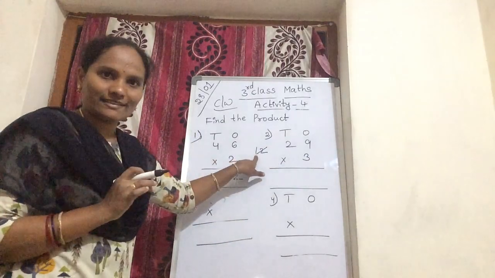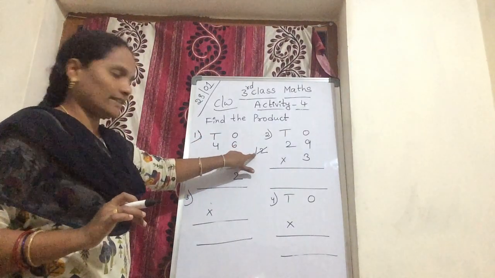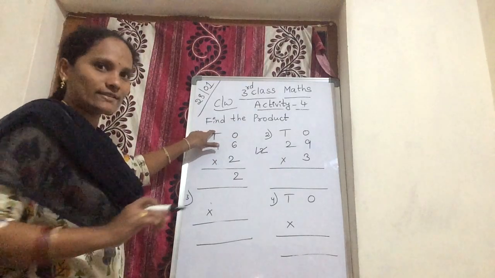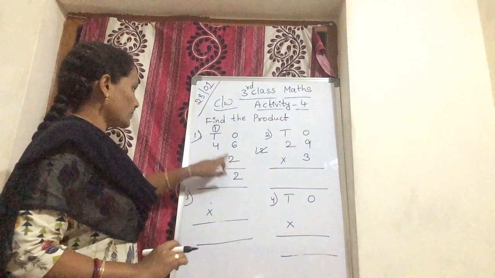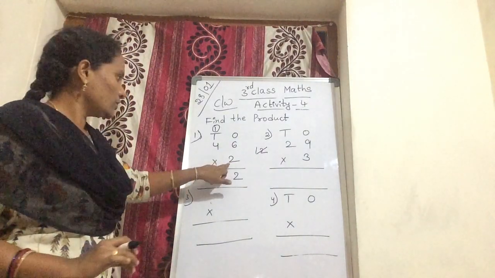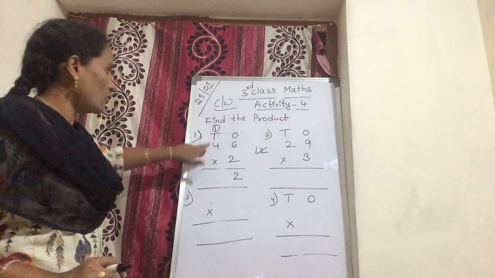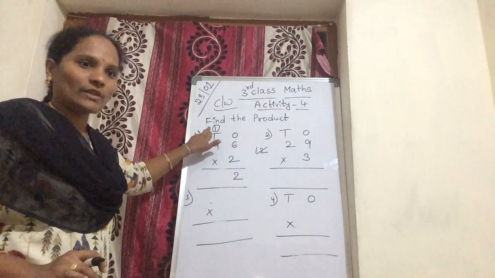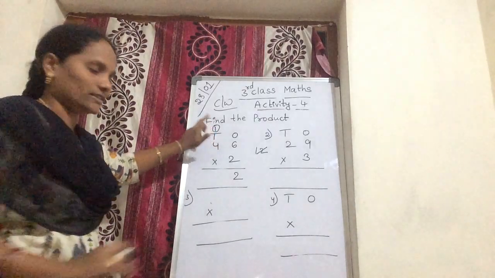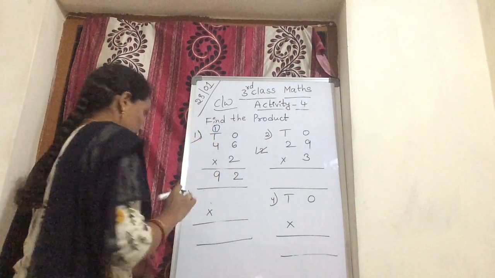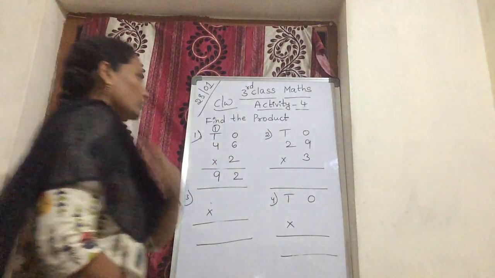This 1 is in the tens place. This tens is carried over to tens. This 1 is a 10. So this tens is carried over to tens. Where is the tens place? Here. Okay. Now 2 4s are 8. Again here 1 carry is there. Always you add this carry, Amma. Now 2 4s are 8. 8 plus 1, you get 9. So what is your answer? 92.